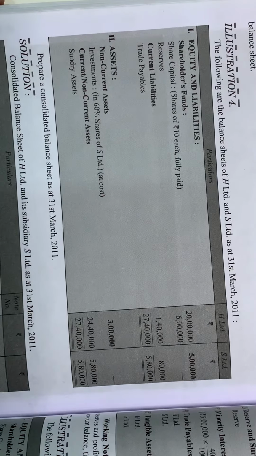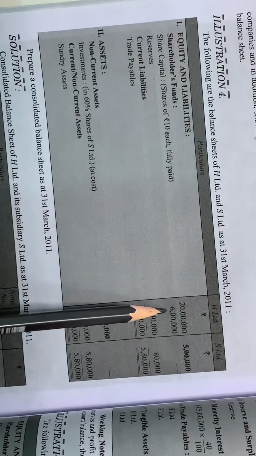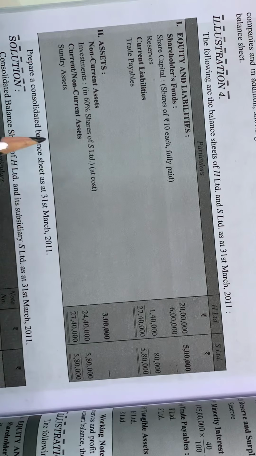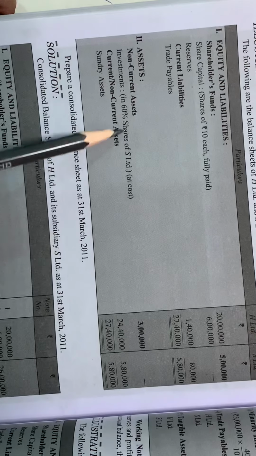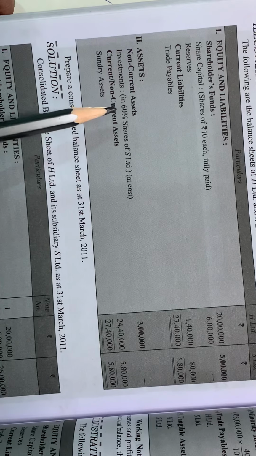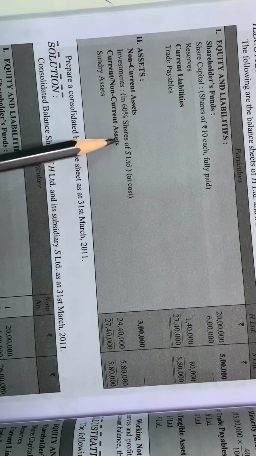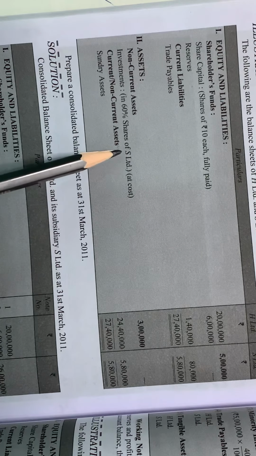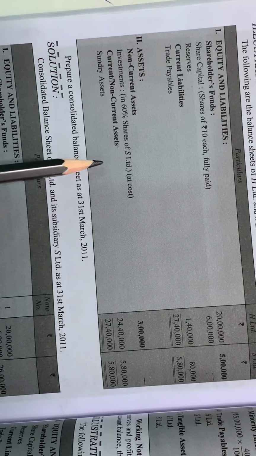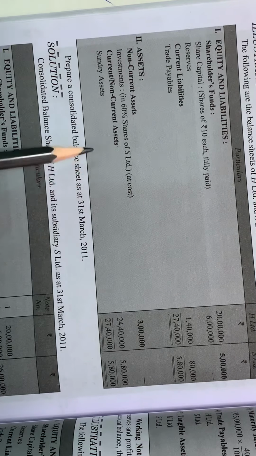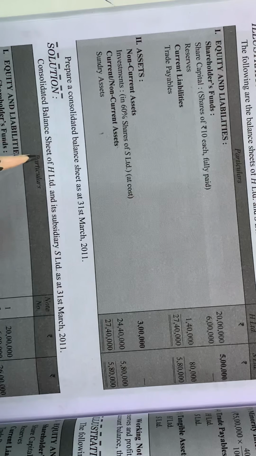A similar kind of question is there. Share capital is 20 lakhs, 5 lakhs, reserve 6 lakhs with nil balance in subsidiary, trade payables is 1.4 and 80. Now over here, instead of having 100% shares, you are having a 60% share, something more than 50%, a majority. That is why you are holding. But 40% of the shares are with somebody else other than you, and all of those other people we call minority. So 40% of the shares are in the hands of the minority, and we will have to reflect this in the consolidated balance sheet.